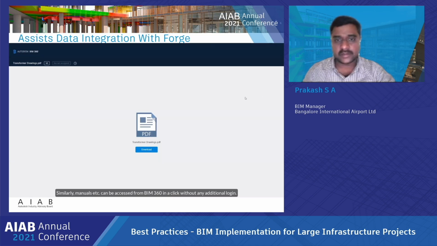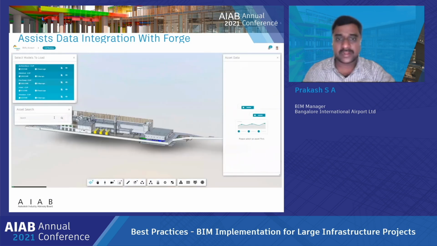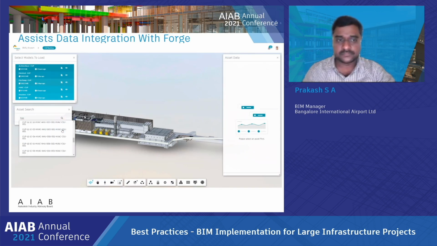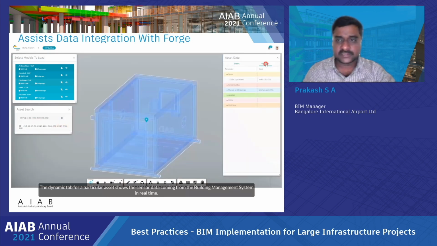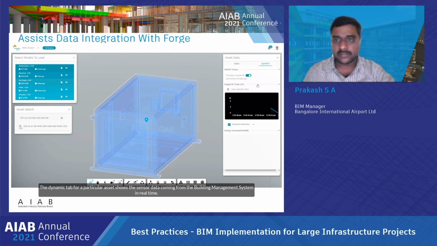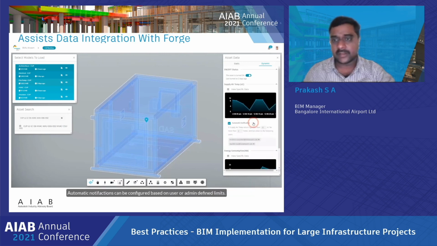And this historical data, we have all the manufacturer catalogs. Even if you take the HVAC, it's related to all the HVAC. We can see that. And here we segregated using dynamic data and static data. In static data, we can see all the drawings and manuals, and in dynamic data, we can see the live data. This data is coming from, again, the BMS system.